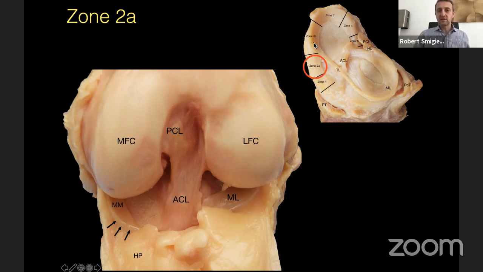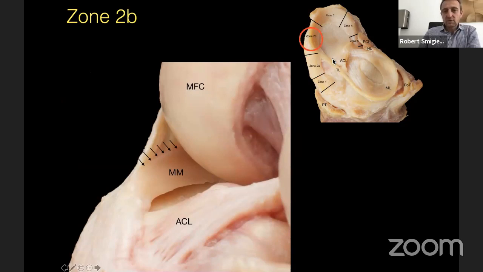And zone 2B is from the intrameniscal ligament to the anterior border of the medial collateral ligament. Zone 2A has typical histology for a ligament, as it is closer to the anterior root. When we go to zone 2B, the meniscus has typical histology for a meniscus with the internal